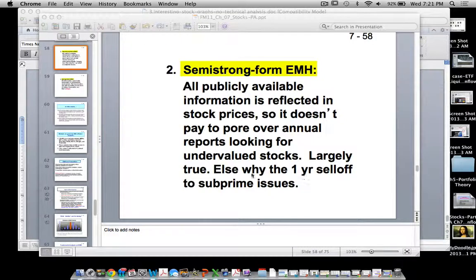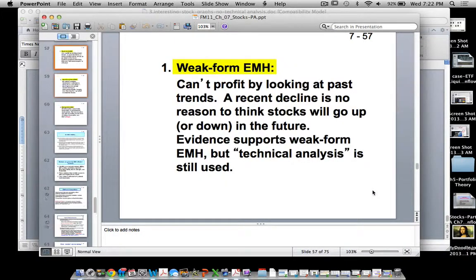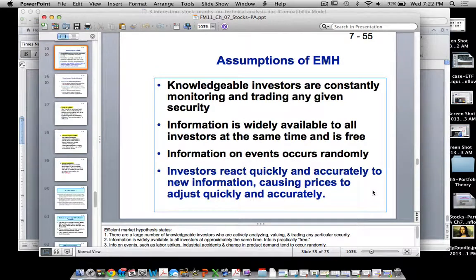So anyway, right here, what's the tangent here? Why did it take a one-year sell-off for subprime issues? That's where, guys, your opportunity is, if any of you are in this business, to make some money. Investors react quickly and accurately to new information. It's one of the fundamentals of EMH. And it's not that I beg to disagree. I have to disagree, because if you are a reasonably ardent student of the marketplace, you see it doesn't happen,